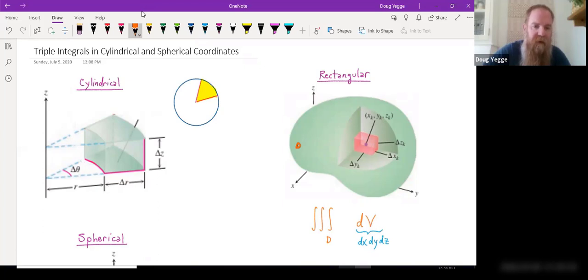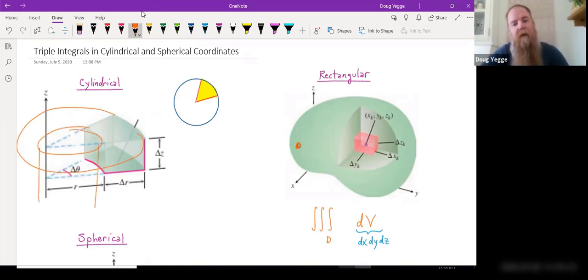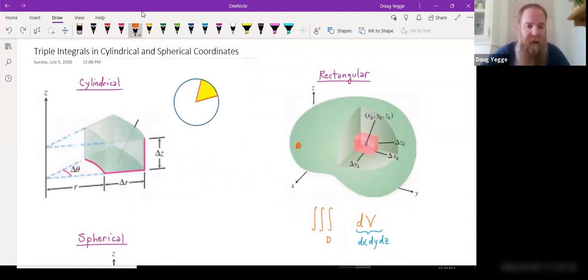So you can see that here is a cylinder that came all the way around. Here's another cylinder that came all the way around, and so on. And what we're left with here is just a wedge of that cylinder. Now, it seems like it would just be length times width times height, and in a way it kind of is, except for the fact that you can see that this is curved. This is curved, and this is curved, so it's not obviously going to be just the change in x times the change in y